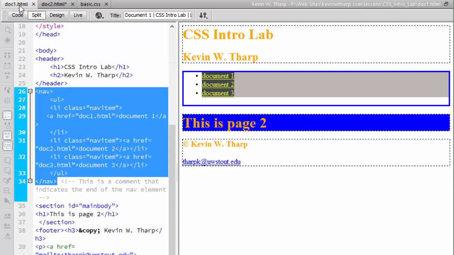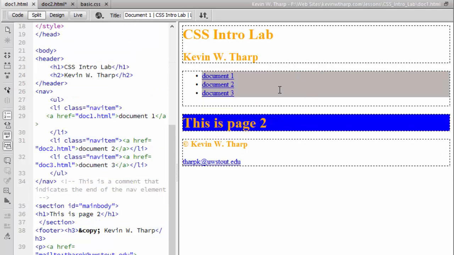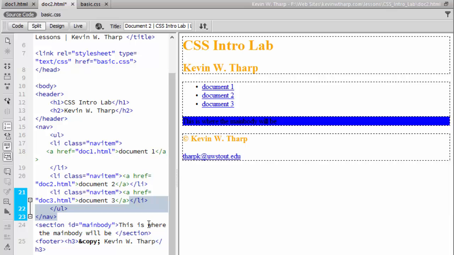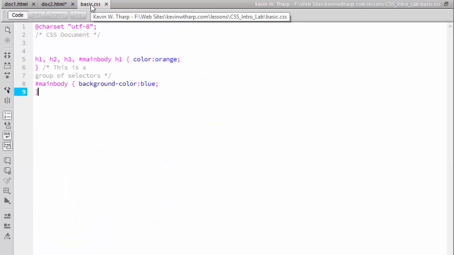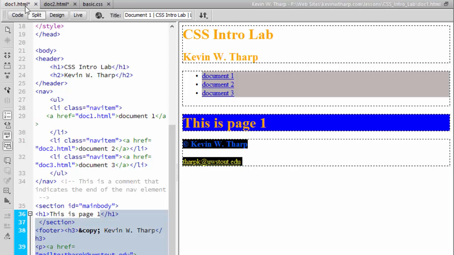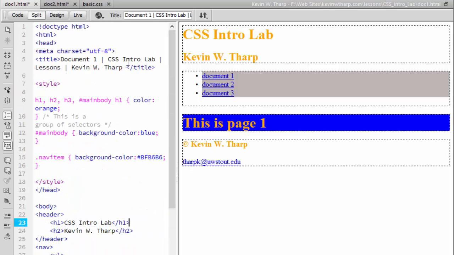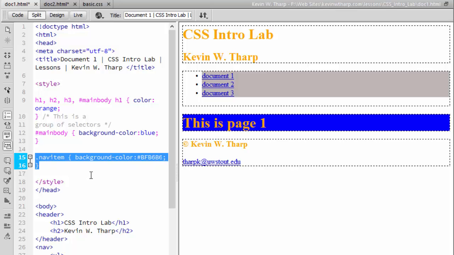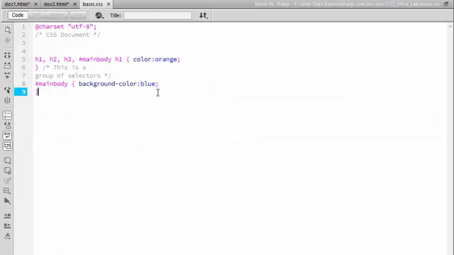Now, you'll notice that on Doc 1, it's got that gray background. In Doc 2, it doesn't. The reason for that is that in this basic CSS document, I didn't grab the nav item from the code. I'm back in Doc 1, and this should actually say this is document 1, just to clarify. Okay, so what I didn't do when I moved the information into the external style sheet, I didn't grab this nav item. I'm going to go ahead and grab that now, and I'm going to move it into this base CSS,